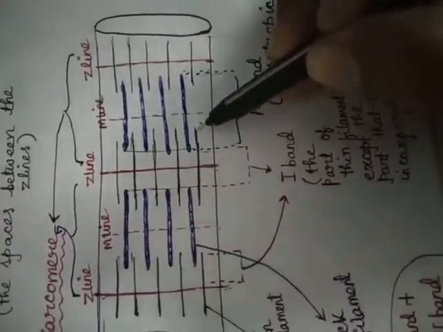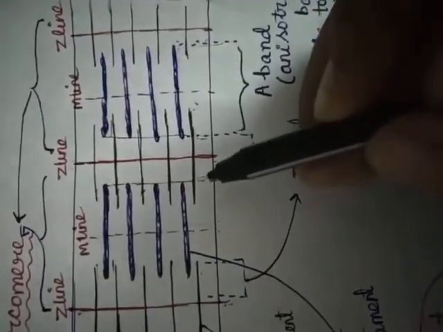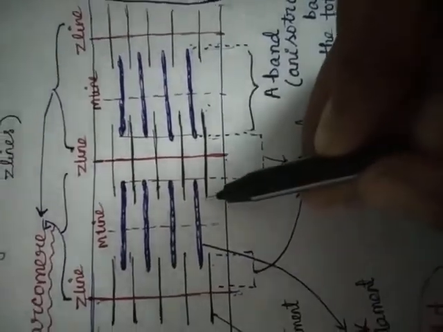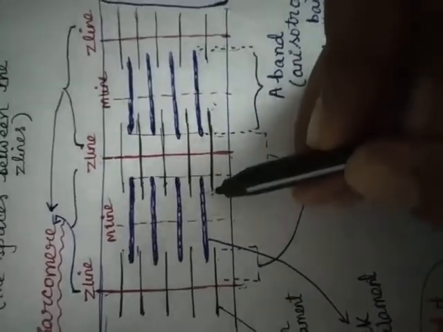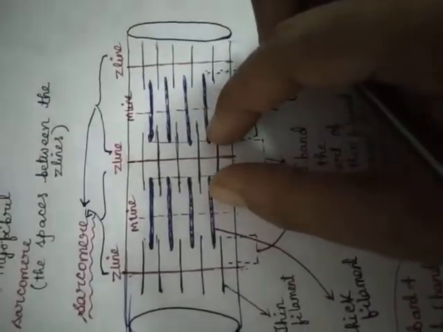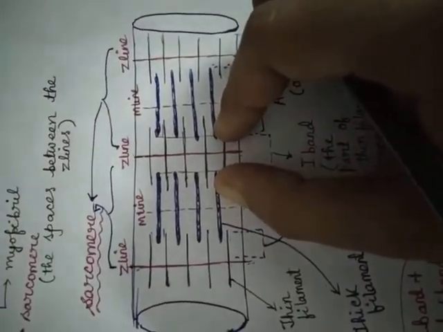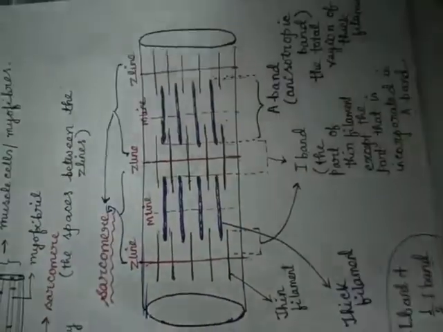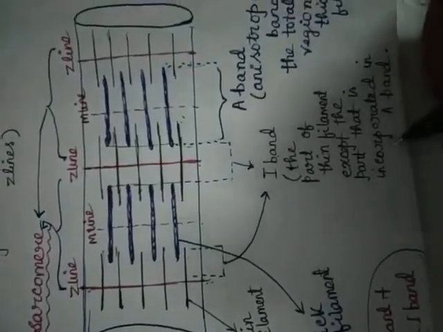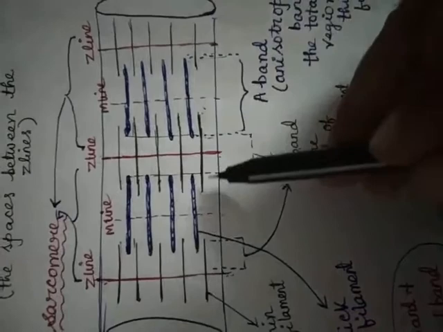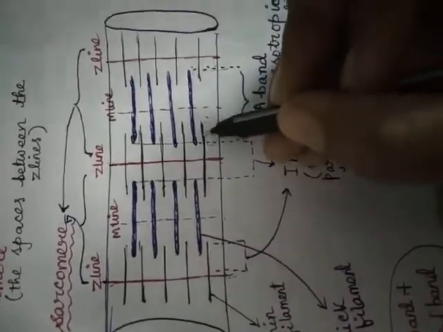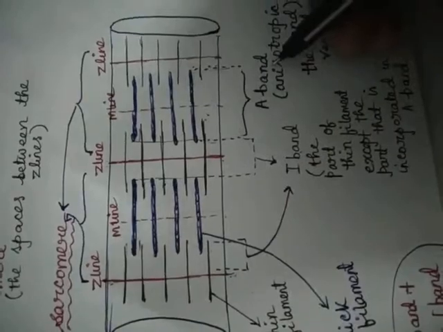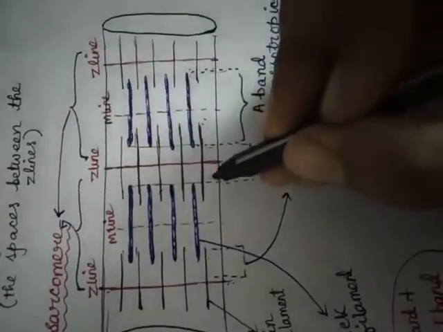Similarly, there should be the I band region, but see, some part of this thin filament is incorporated in the thick filament region. Okay, that means I band means only this region, on the individual thin filament region, not the entire thin filament region. Means the part of the thin filament except the part that is incorporated in the A band. Suppose this part or this part is incorporated into the A band, so these are not under the I band region. I band means only this portion.